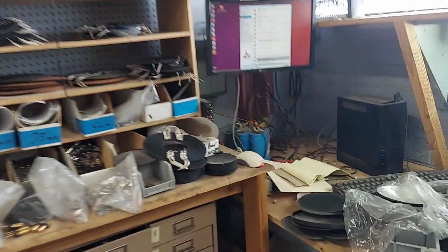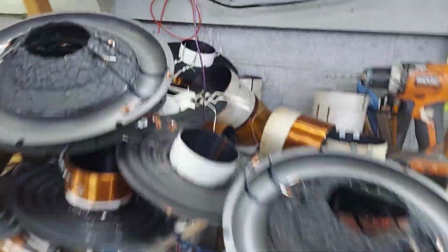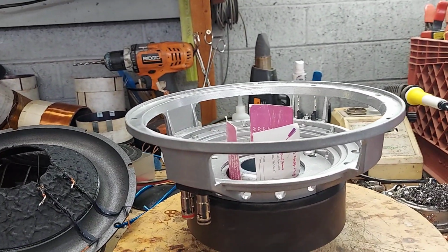This is William Orbit, by the way. He produced Madonna's Ray of Light, and that's off his Strange Cargo album, which is really, really good. It's trippy. It's a trip EDM before it was popular. But anyways, so